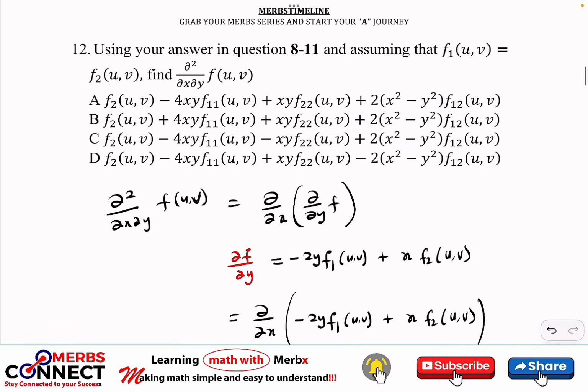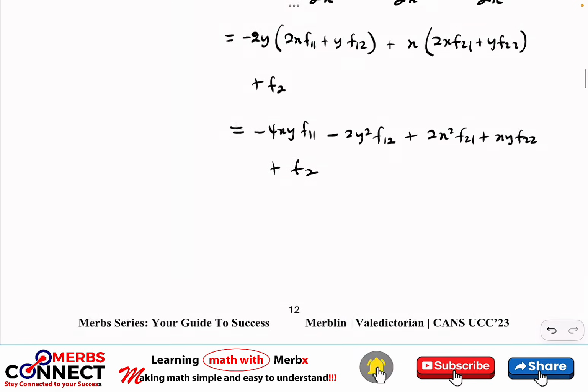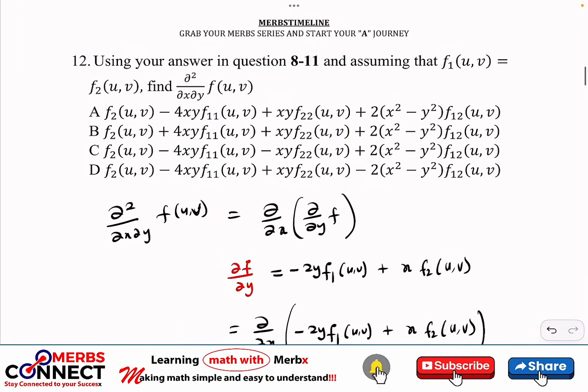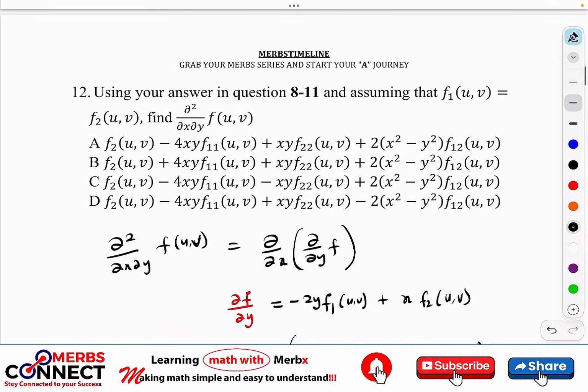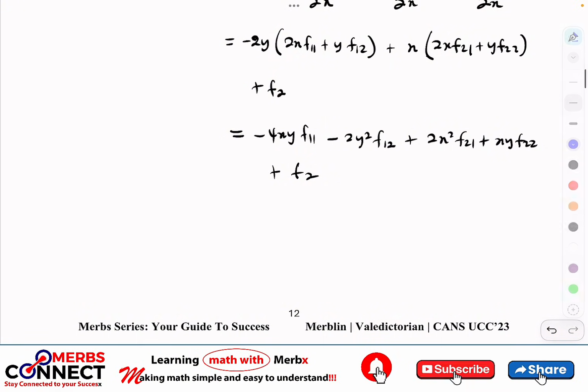And the question is saying, I saw something here. F1 is the same as F2, right? So we are going to do that. So if F1 is the same as F2, then what is going to happen? Let me see the options. Okay. So we have this one here. What is this? I think this one is supposed to be F21 should be the same as F12. Good. So this is what the question is saying here. I think it is a typing mistake. Yes, that's what he's trying to say. So because they are the same, we can have this and this to be the same. So this can be written as